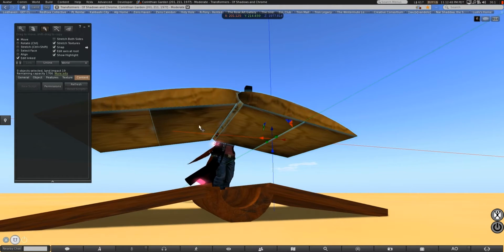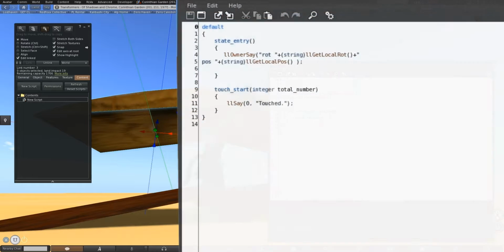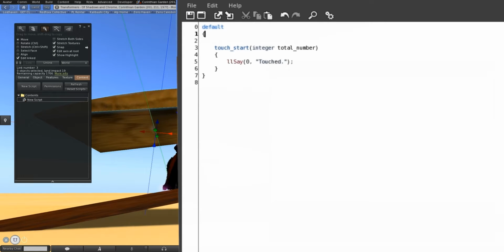You see, there's nothing textured on the insides here. So, we don't really still need a script there, except to give us one more piece of information. And that is to get the faces